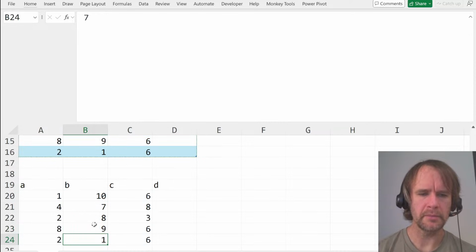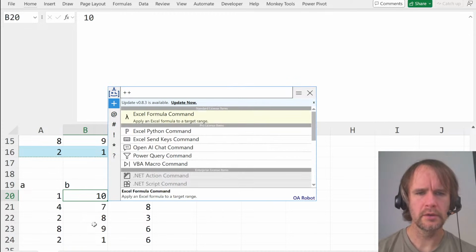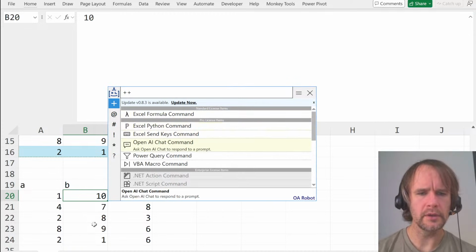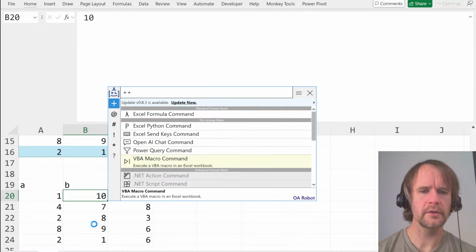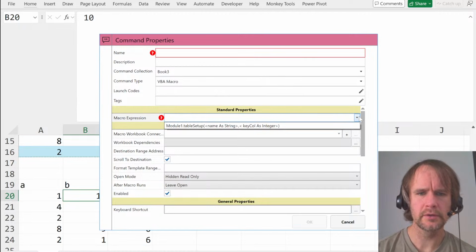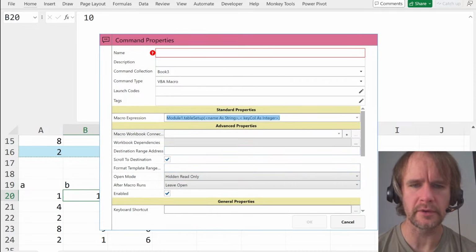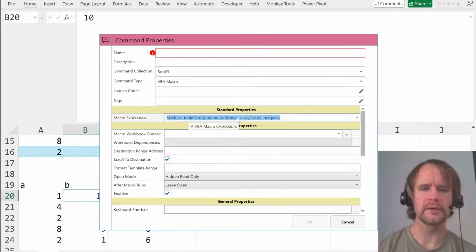Okay. What do I want to do here? I want to add a command. I want to add a macro command. The macro expression is this one. Wait, why is that called module 1? Hang on, stop. Oh, right, that's probably still the permanent name of it. That's fine. So this one, I think,